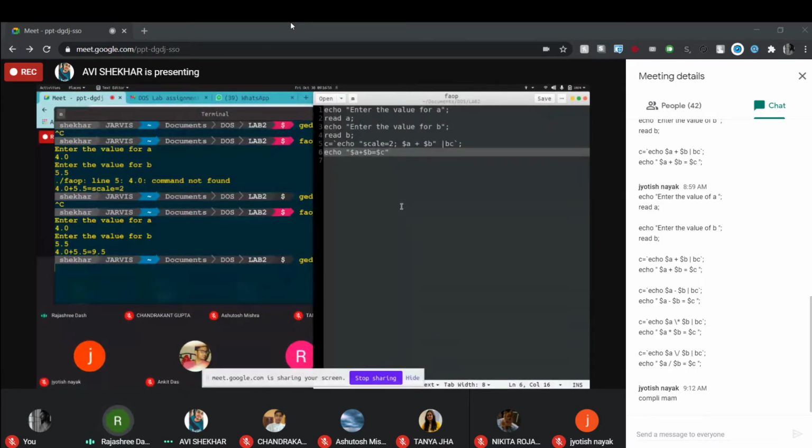And remember here he has given the scale value so that your output comes up to 2 decimal places. So copy paste, and in place of plus put minus. Similarly do for multiplication, division.